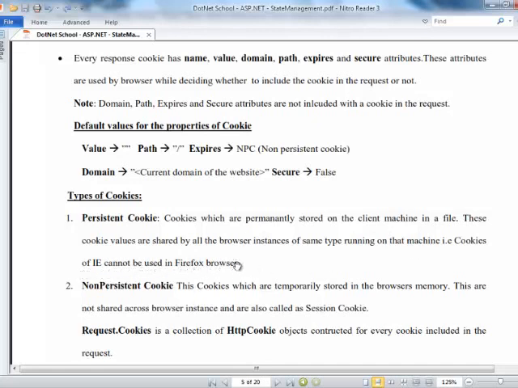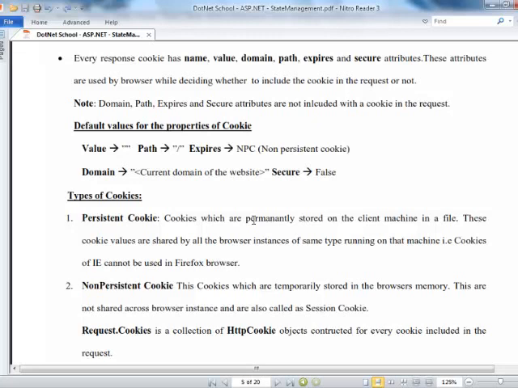Example: suppose I used Chrome usually. So I used Chrome every time, say one month of data. Some information will be stored by default in the cookie, so it is available on my client machine. Now if I try to use another browser, Mozilla Firefox or Internet Explorer, and open that particular website, I cannot see any data there, because the cookie was created by the browser I used, which is Chrome. If you open that website in Chrome, the cookie information will be available to you. If you change the browser, the information will not be available.